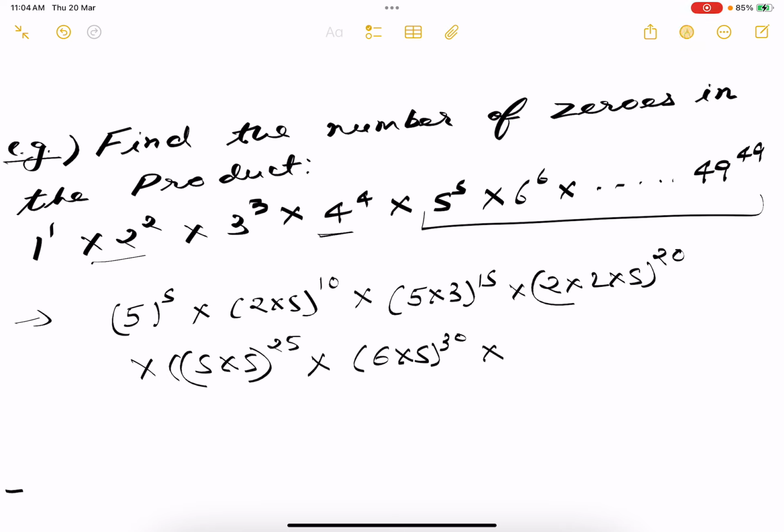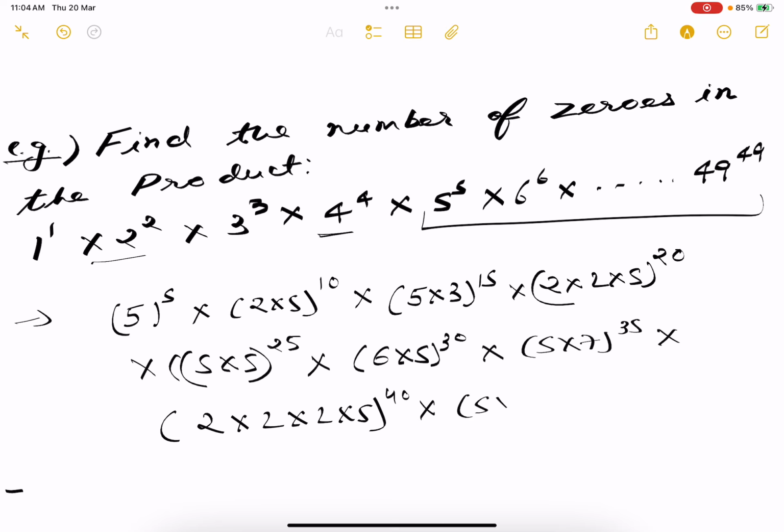And after that 35 would be given by 7 into 5 to the power 35, after that 40 would be given, so 2 into 2 into 2 into 5 to the power 40. And after that we have 9 into 5 to the power 45. Okay,